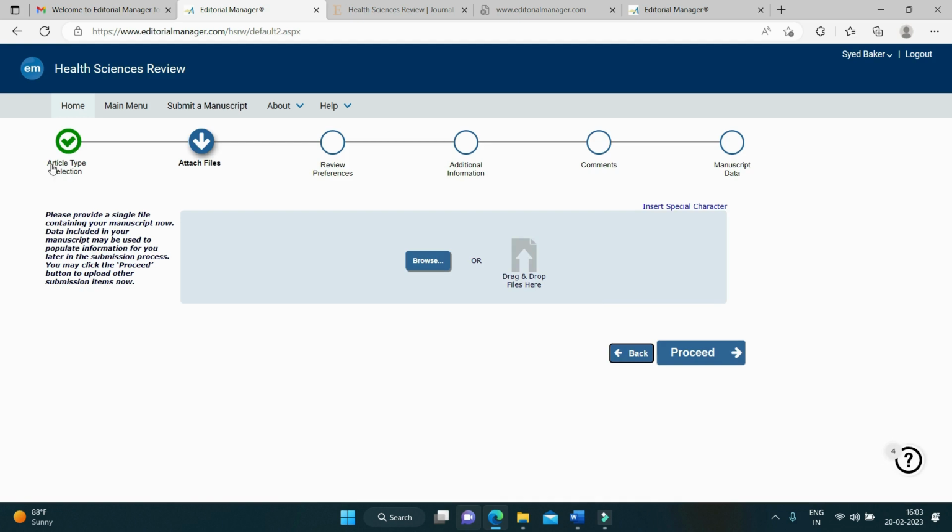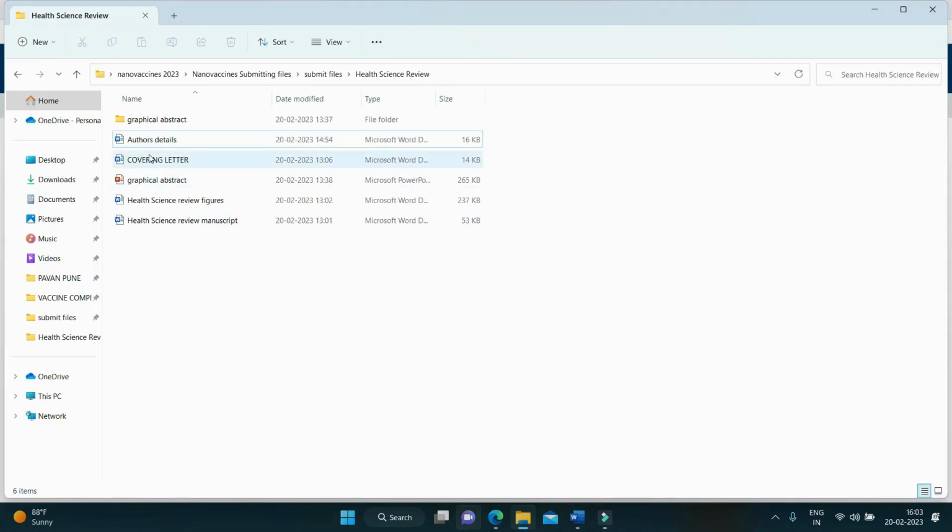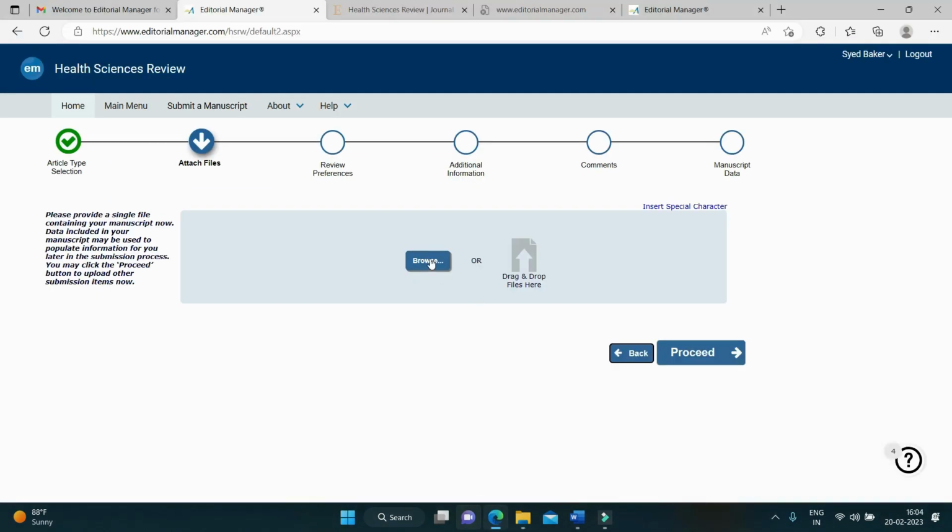Here, very importantly, I have chosen the type of article I am submitting, attach files. You need to have previously a folder with the different files you are submitting. I already have the folder which contains covering letter, author's detail, graphical abstract, figures, health science review, manuscript. So what I will do, I will click on the browse button